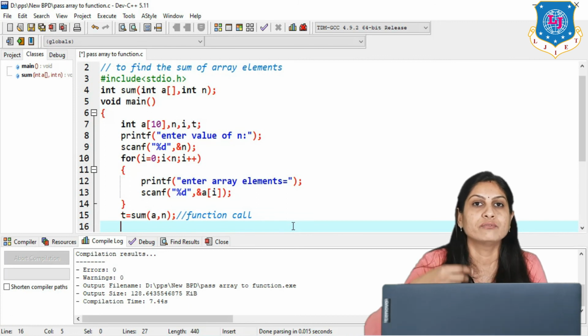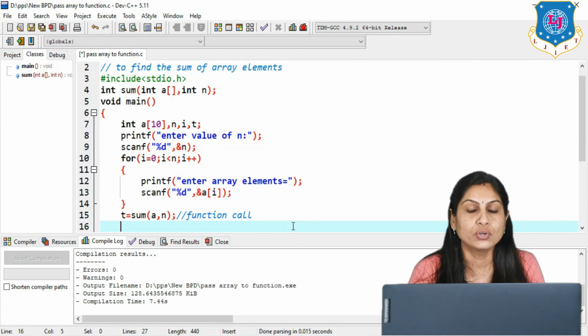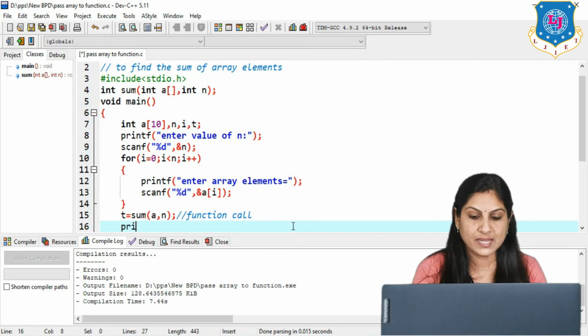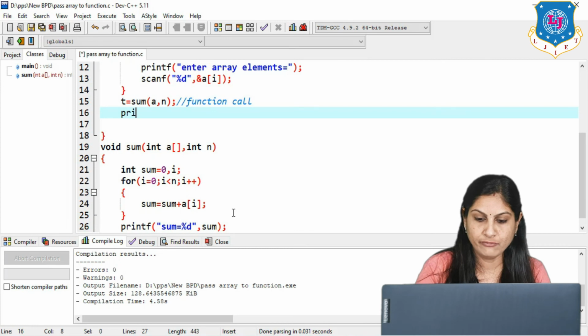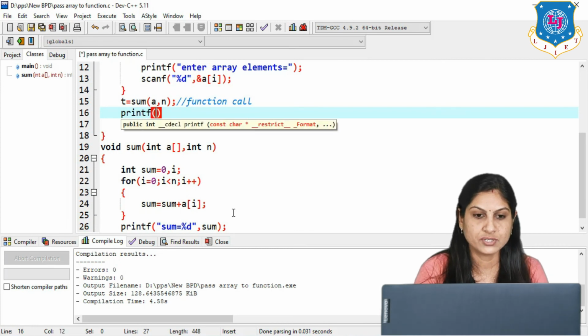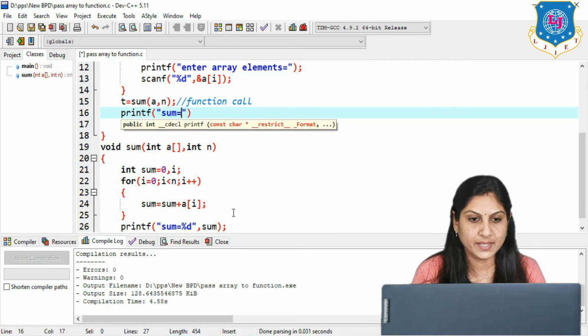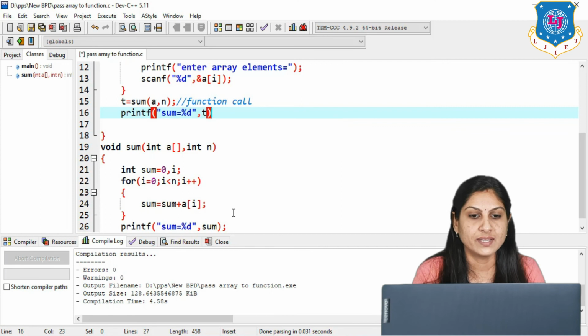Whatever value is returned from the function, that is nothing but t, and that value we want to print here. So we write printf and the message sum equal %d. And this value is stored in which variable? t. So here we have to mention the variable name, that is t.